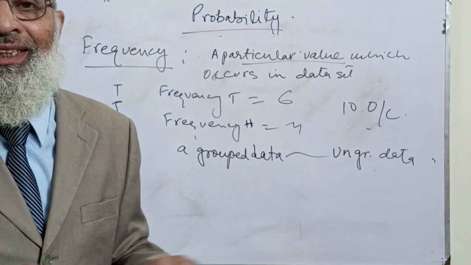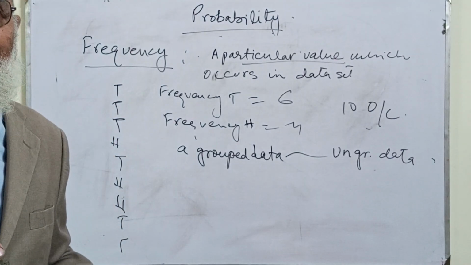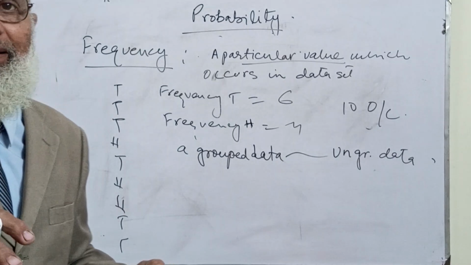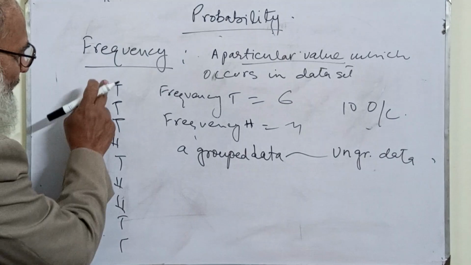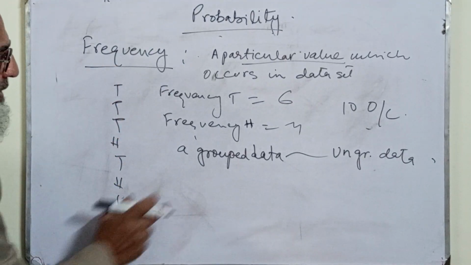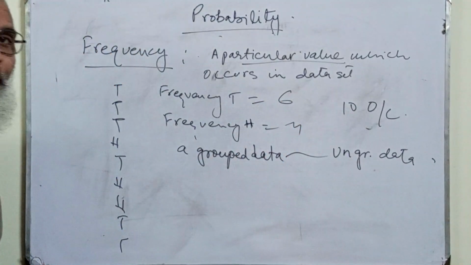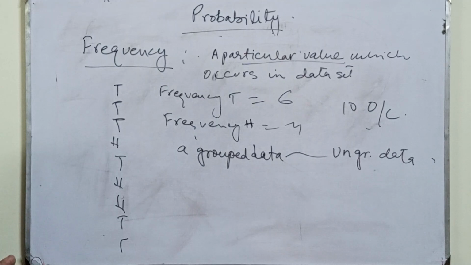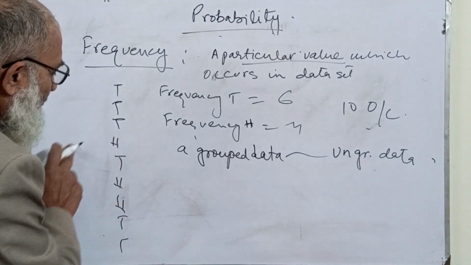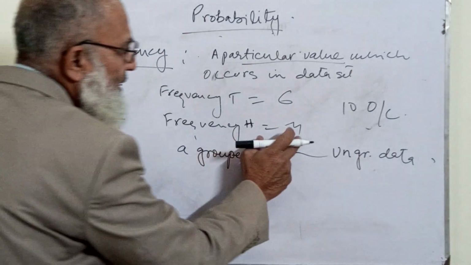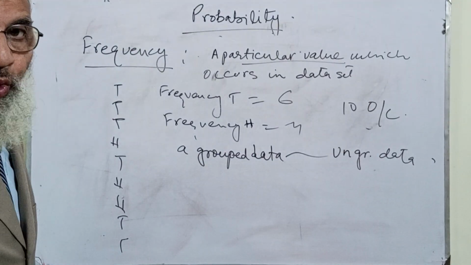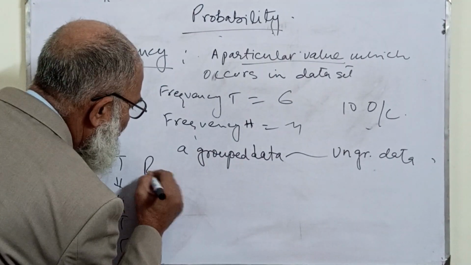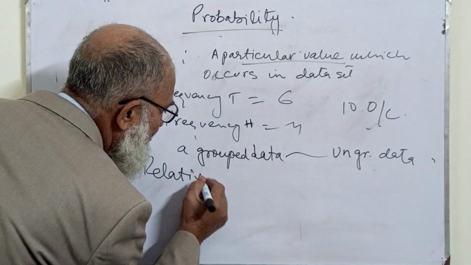So it means that the outcomes of total T's is the frequency. The outcome of total T's out of this data is its frequency. And total H heads is its frequency. Understood my point? And what is the relative frequency? When we say a relative frequency